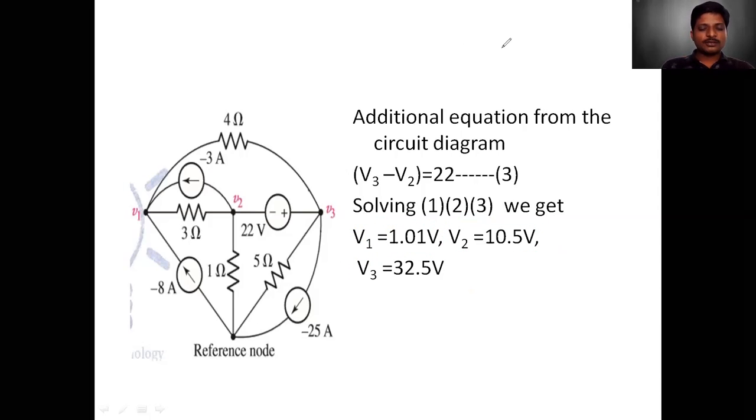Whenever more current sources are present in the circuit diagram, then you have to opt for nodal analysis. Suppose there is a single voltage source present in that diagram, then you have to opt for super node analysis. So this is how you can solve any problem using mesh, super mesh, also node and super node analysis. Now next we will be looking into the topic called source transformation.